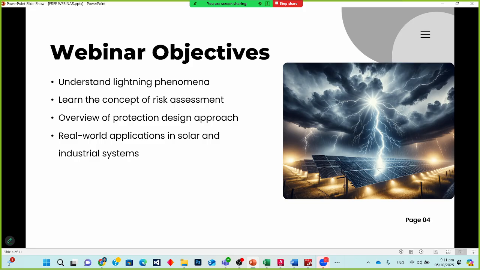For that area, we need to analyze the risk of lightning strikes. On that basis, if the risk is under the limitation as per the IEC standard, then we don't need to provide protection for this. But